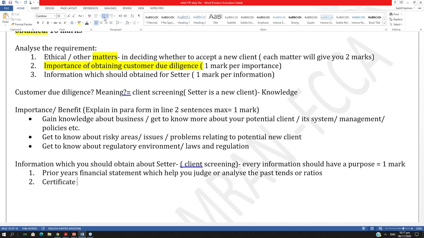obtaining information like the certificate of incorporation of the company, your new client's certificate of incorporation. What is the purpose of taking a certificate of incorporation about your new client? Certificate of incorporation to ensure that the business is legal, and is registered. It is a registered business. It is a legal business, right? So you can obtain the certificate of incorporation. You can take the